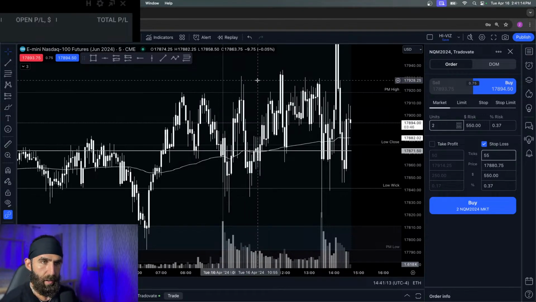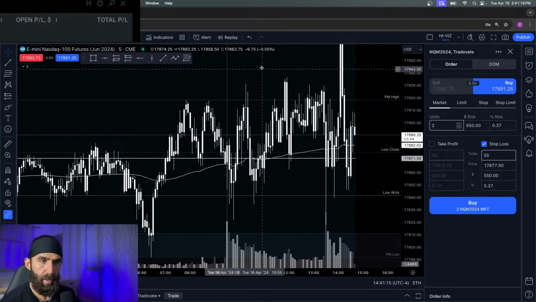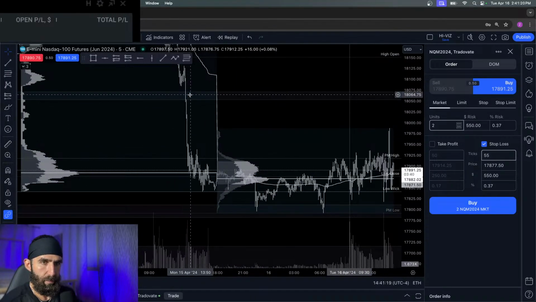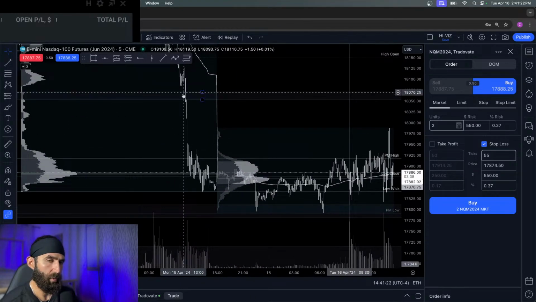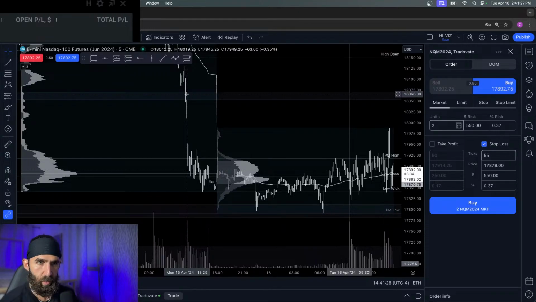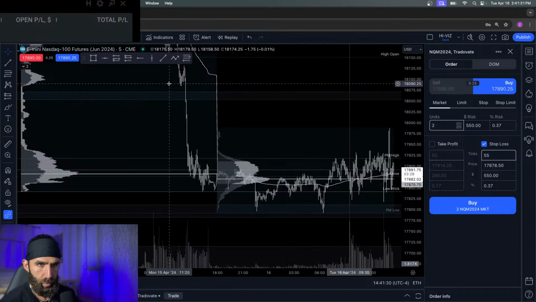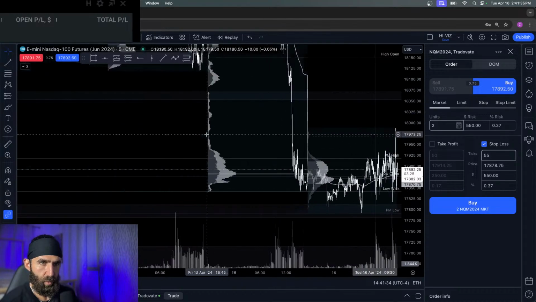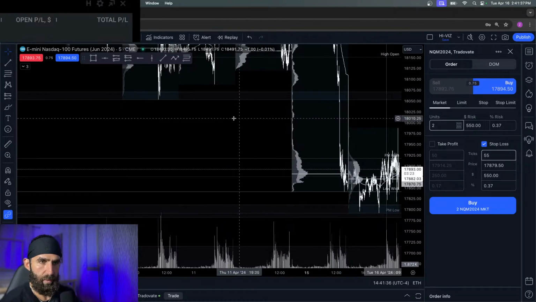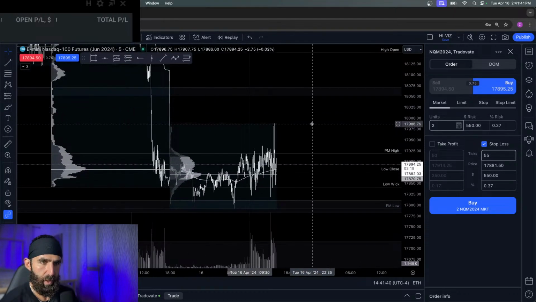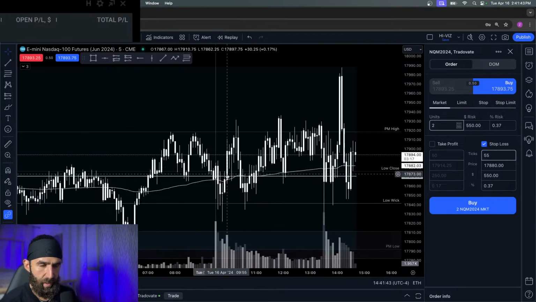So it was making a case that maybe we're going to run back up into this gap, this imbalance that we're looking at here. That's what I was expecting yesterday, what I was getting at. I was saying I was looking at taking trades, swinging stuff overnight on the U.S. indices, expecting this to run up to this level, potentially to fill some of this wide open price that we have here. And again, this is on the 5 minute, so this is really wide open. We didn't really get that. Again, just kind of a choppy day.